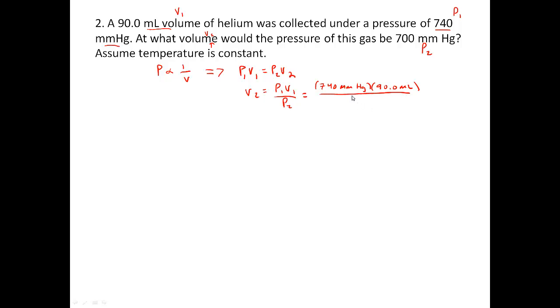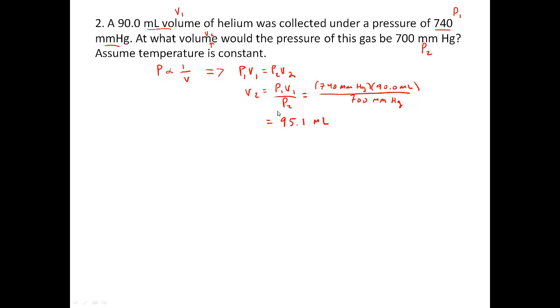And then P2, what's it going to be if we reduce the pressure to 700 millimeters of mercury? Quick calculation gives us a volume of 95.1